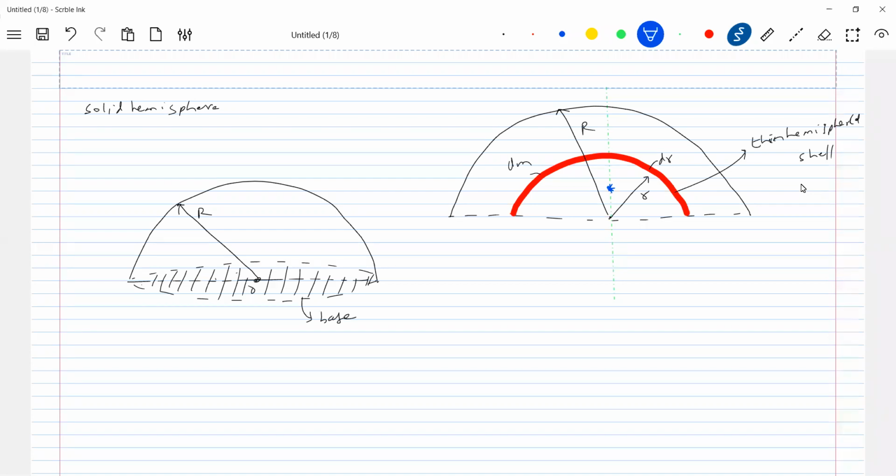So now let's go for this one, the solid hemisphere. Is it a 3D object or 2D object? It's a 3D object. So let rho be the density. Now let me define the mass dm. What should be the mass of that hemispherical shell? dm should be equal to rho into surface area, 2 pi x square dx.